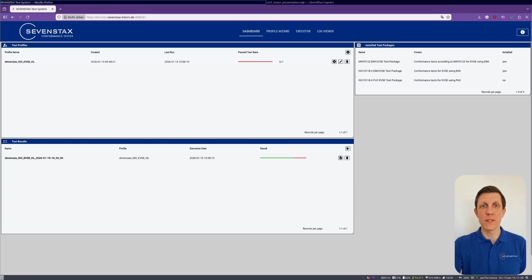This is the dashboard of our testing application. At the top, we see the test profiles. On the bottom, we see the test results database. On the right, we have a list of the test packages that are currently activated on the system. I have already created a profile as a defined set of test cases for this demo, but we will open